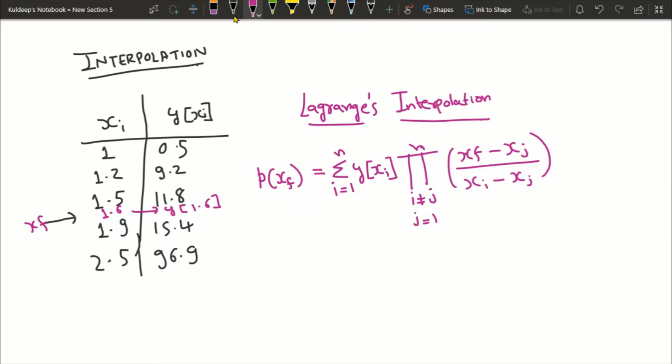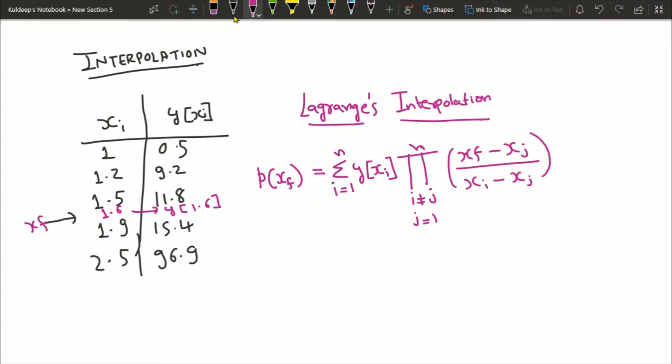Okay, this is valid for all the kind of things when the interval is unequal, but there are other interpolation techniques also, which are the forward difference tables, the divided difference and the backward difference. Divided difference can also work for unequal intervals, but Newton's forward and backward interpolation techniques will only work when the interval between these 2 points in xi is equal.